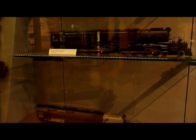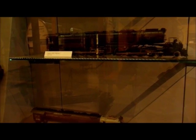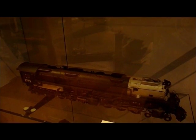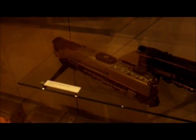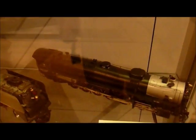Union Pacific Big Boy 4020, which is not in existence. Union Pacific 3985, which is still in operating condition, lives in Cheyenne, Wyoming. Union Pacific 6936, which also lives in Cheyenne. Union Pacific 9000, which lives in Pomona, California at the Rail Giants. Union Pacific 2906, which is one of its type that doesn't exist now. The buffalo and